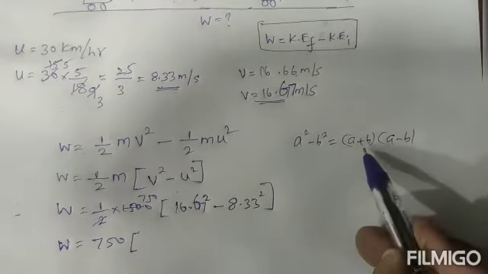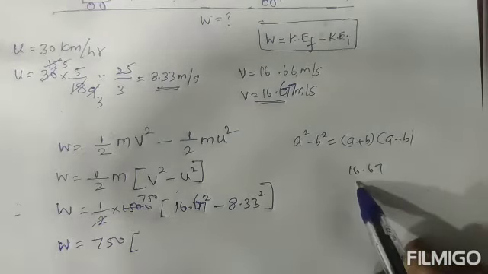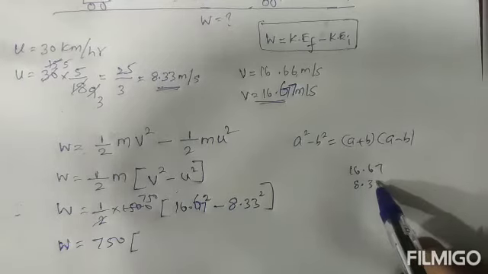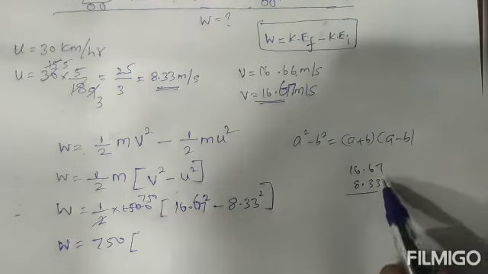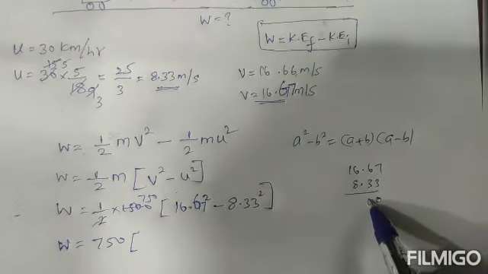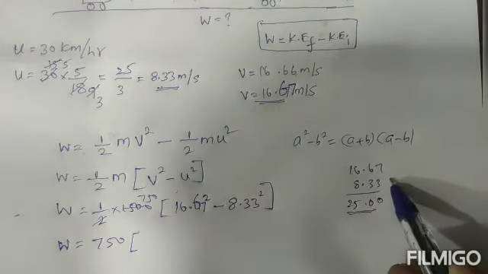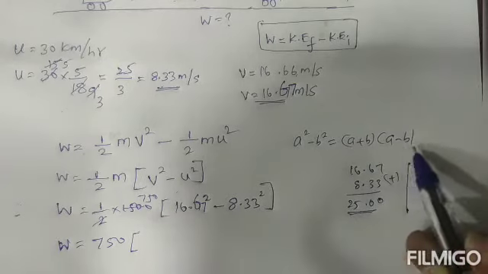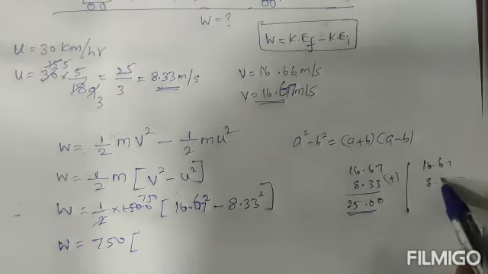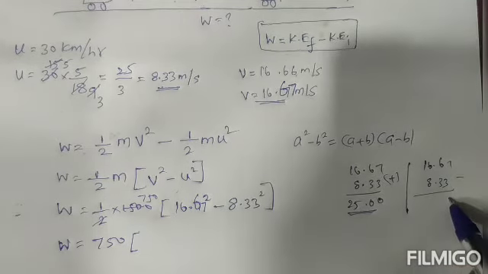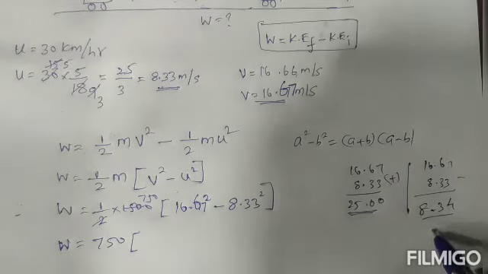So first a plus b. A plus b, how can we write? 16.67 plus 8.33. So this value is exactly equal to 25. Here 0, remaining 1, 0, then 24 plus 1, 25. So 25 will come if it is added. Then if it is subtracted, a minus b, we can write 16.67 minus 8.33. So here it is 8.34.